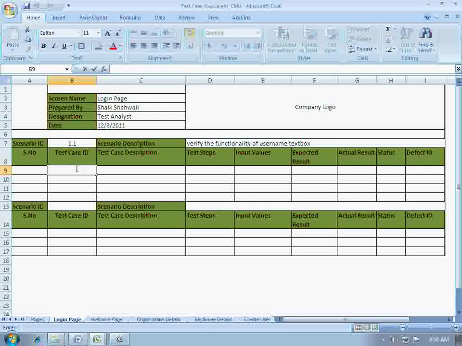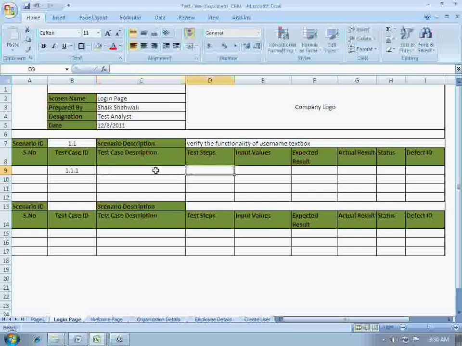Here I have given test scenario as 1.1, so let test case ID be 1.1.1, so this would be easier for us to track. Not every organization will follow this. I mean, very few organizations will follow this. Most organizations use quality centers or any other tool to write test cases and test scenarios. But here, I don't have a quality center or a test director installed on my computer, so I'm using these Excel sheets to give you guys a brief idea. So coming back,